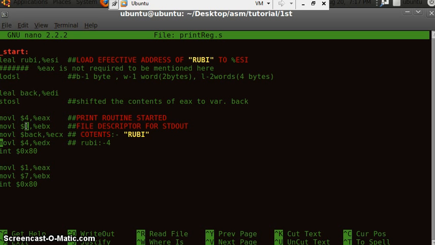You use file descriptor 1 for the stdout stream, and store it in EBX. Then you store the contents of the variable, using the direct addressing method. So load the address of this buffer variable to our ECX register. Then how many characters you want to print? 4 characters, because our Ruby is equivalent to 4 characters. So you copy this length to the EDX register and you call the interrupt.